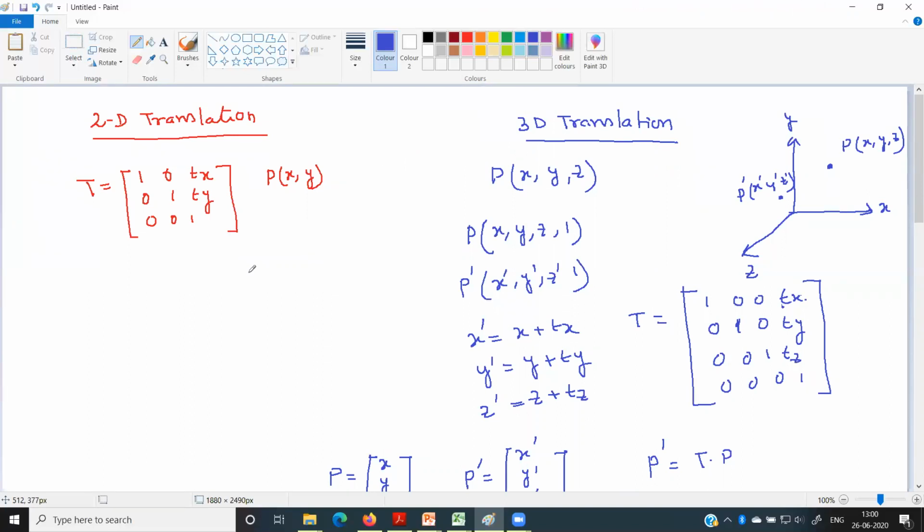Now next, we will discuss the rotation in the 3-dimensional plane. But before discussing the rotation in the 3-dimensional plane, we will discuss the rotation in the 2-dimensional plane. So that is called the 2D rotation. Right? So for 2D rotation, we know the rotation matrix R is